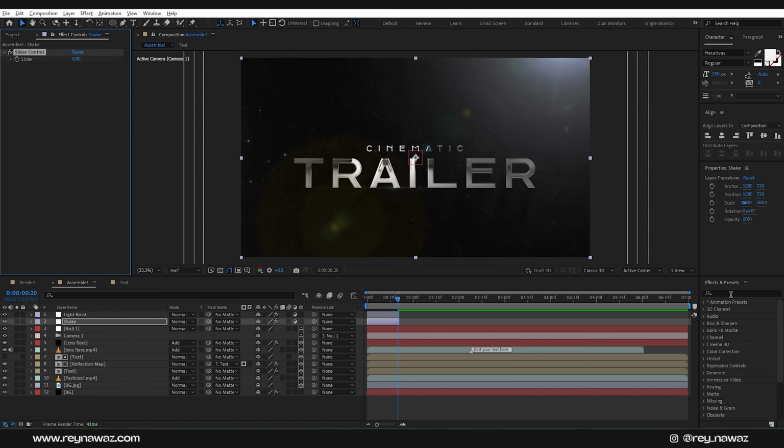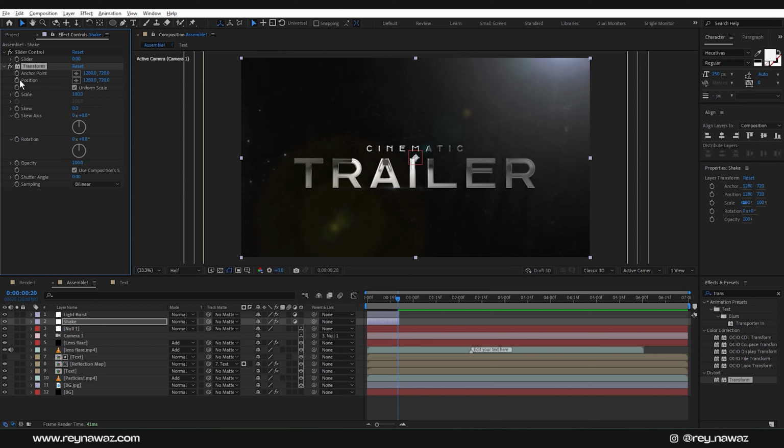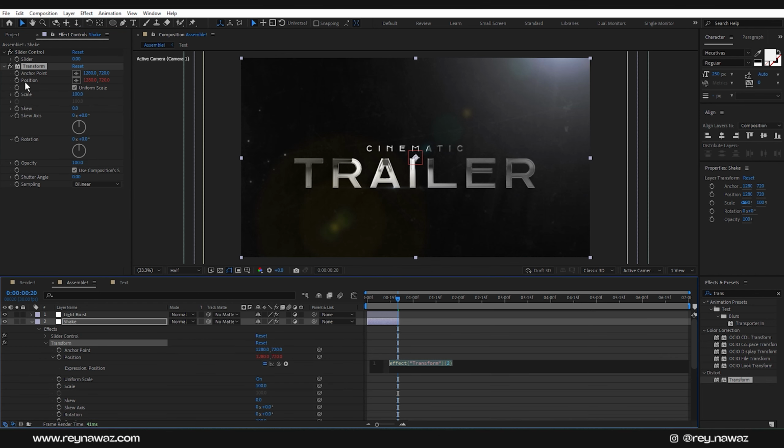Now go into the Effects and Presets window, search for the Transform effect, and drag and drop it onto this shake layer. Now hold Alt on your keyboard and click on this Position stopwatch icon, and this new window will pop up. Simply type wiggle and hit enter, and in this point we have to type 9,